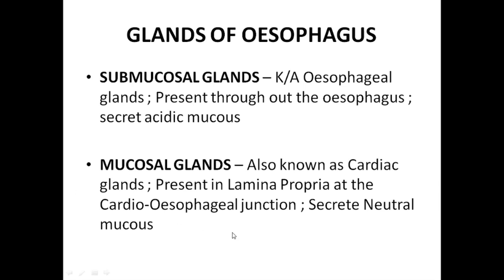So that is about the histology of the esophagus. So you can write about the general structure of whatever you have seen, the specific points in that about the epithelium and the muscularis externa, and then you can add about these glands of the esophagus, and then you have to draw the schematic diagram which I have already shown. So that is how you can describe the esophagus.